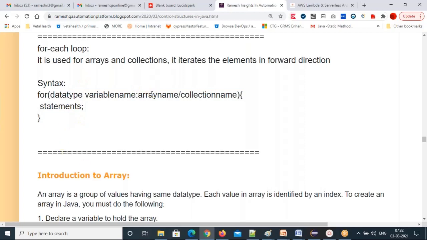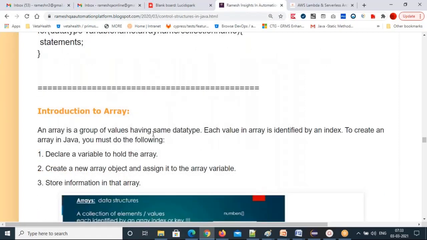So what is an array? What are collections? Let's understand the array concept, the last part of control structures. Most of the interview questions you will get are on arrays only. Easy level, medium level, complex level, all levels, they will give array questions in the interviews. So that's why you need to focus more on array programs and you have to write them. I have given a lot of array programs. It's your patience how many you want to practice. But let's see what an array is.